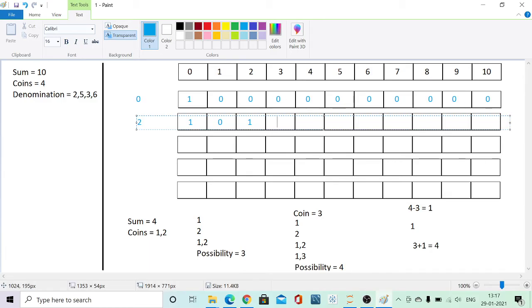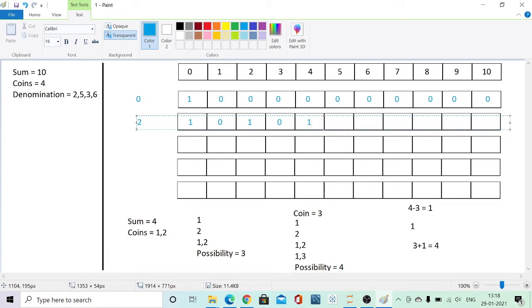Now to reach 3, we have to reach the number 1, because from 1 I can take a jump of 2 to reach 3. Now there is no possible way to reach 1, so this plus this remains 0. Similarly, to reach 4, there was no possible way using only the coin of denomination 0, but by using the coin of denomination 2, if I reach 4 minus 2 is equal to 2, if I can reach a sum of 2, I can take a step. So there is one possible way to reach the sum of 2. So this plus this, 1 plus 0 will become 1.